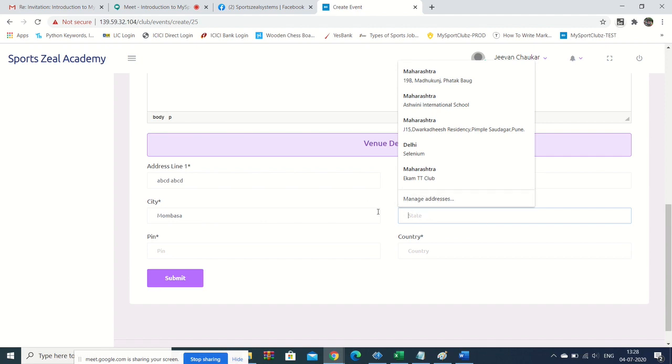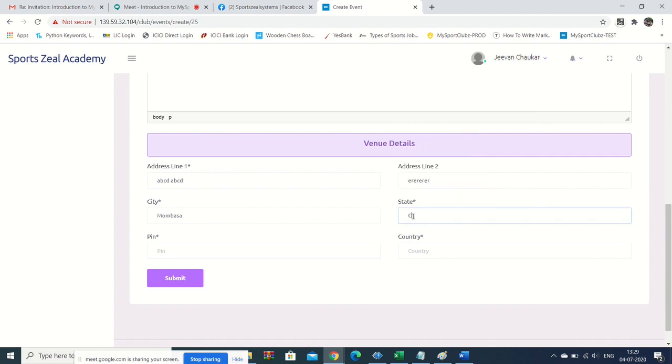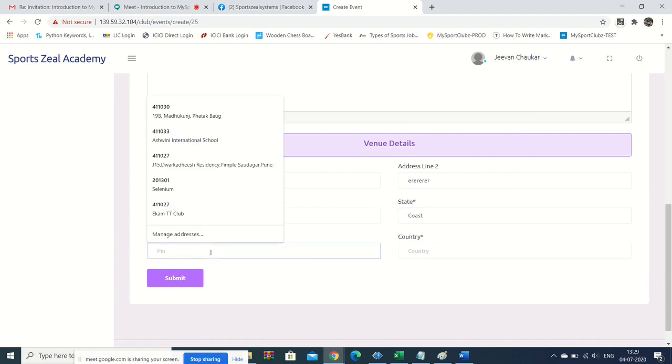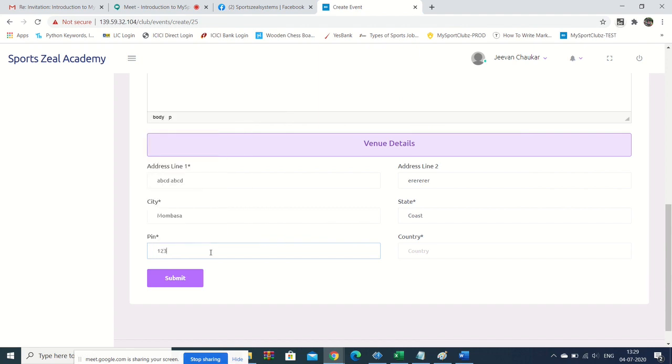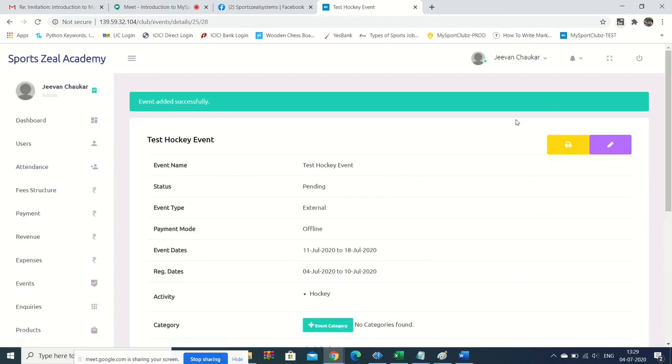Coast. Okay, and some pin code or zip code you will have. Let's say 1 2 3 4 5. Okay, country Kenya. So we submit.